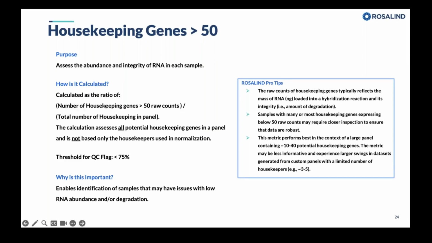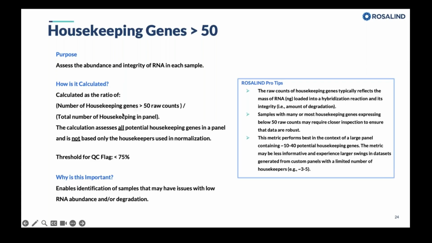There's a simple formula to calculate this value. In your sample, we look at all of the housekeeping genes. Let's say in this hypothetical panel, we have 20 potential housekeeping genes. That 20 is going to be in the denominator. Then we look at those 20 and ask how many of them have raw counts greater than 50. If it's 10, then our metric is 10 divided by 20, or 0.5, or 50%. So it's simply the ratio of all potential housekeeping genes in your sample, how many have raw counts